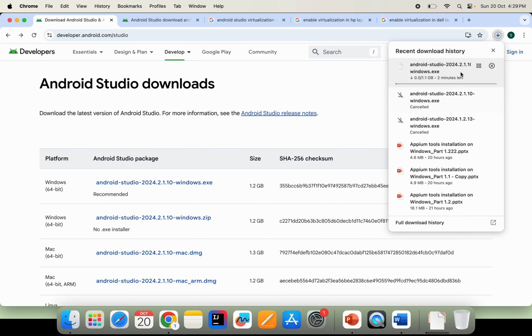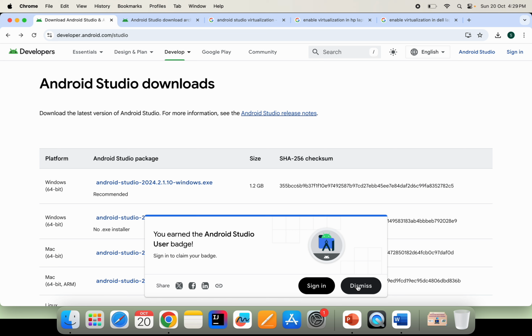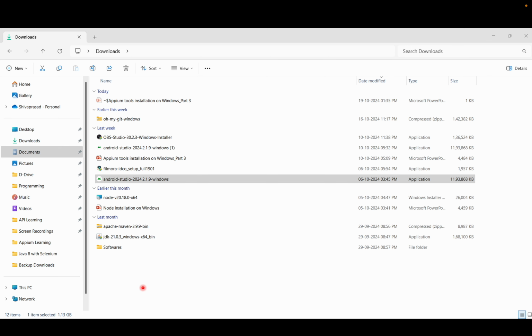Okay, so like this. Now let me cancel this because it is already downloaded in my system, and the file size is 1.1 GB. Once it is downloaded, this is how it looks: Android Studio, that version with the patch number, and Windows. So this is the executable file. To install, you need to double click on this